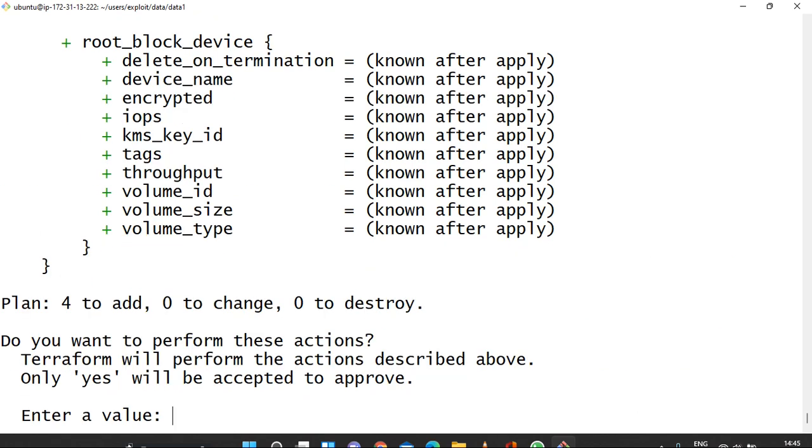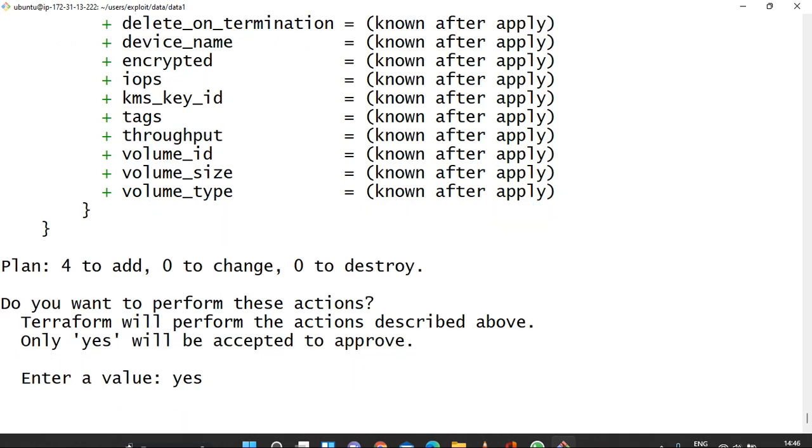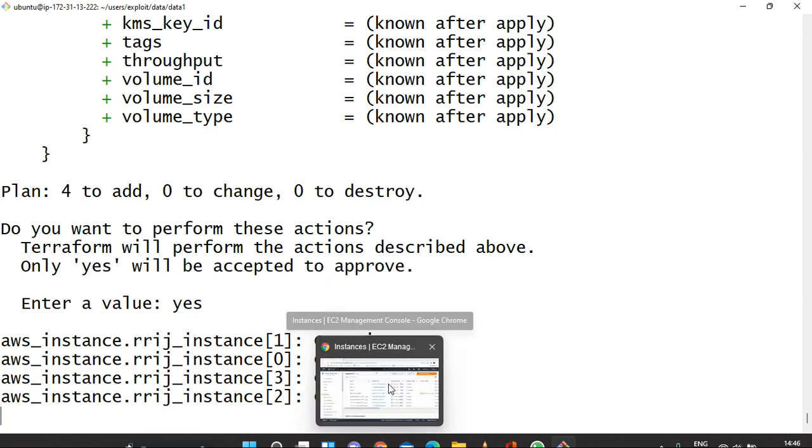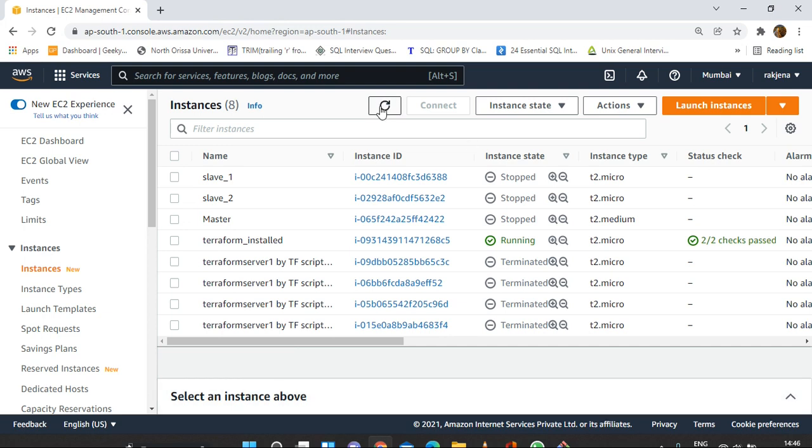As we did not choose the auto-approve option, we will have to type yes here. In between, let me refresh. You can see some Terraform instances are getting initiated, and now they started running.